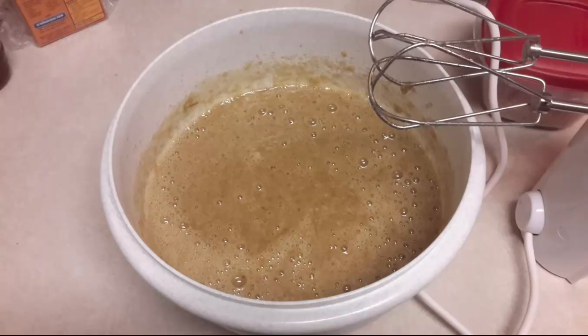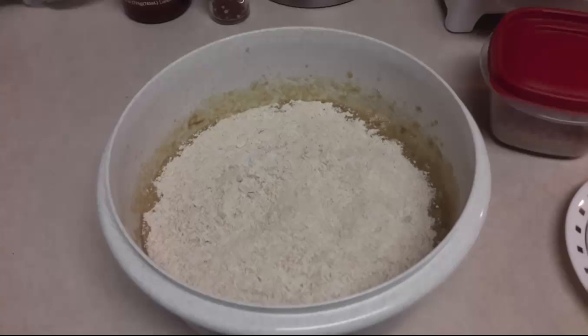At this point, it's a very liquidy concoction because pretty much everything you've put into it is a liquid. And so it turns a bit frothy from the eggs, but it beats together rather well. So then on top of that, I sprinkle 2 cups of whole wheat flour. You're going to mix the flour in a moment, so I don't dump it all into one giant pile. I just kind of spread it out